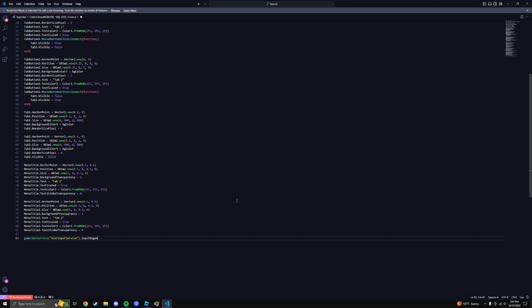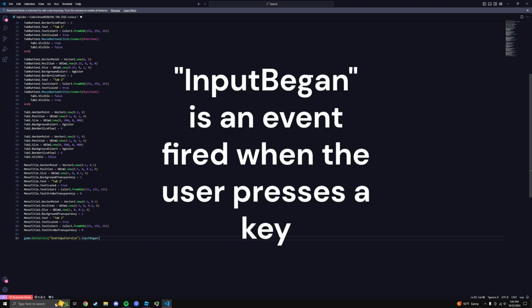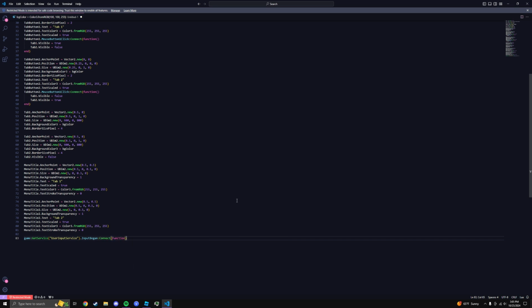It's very hard to explain what everything means or why it's the way it is, but input began, and then you're going to connect a function the same way we did before, so with a colon, and then connect, and then function, and then just like that. Now we have called the user input service, and then let's also add an argument here called input. So now we're going to say if this input